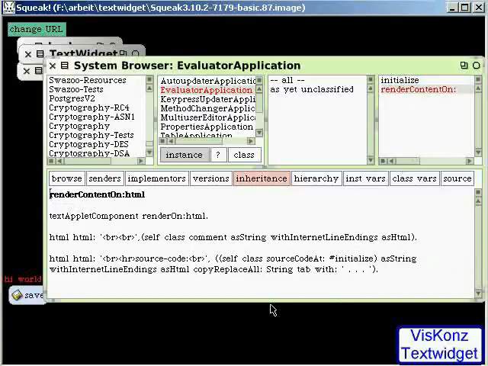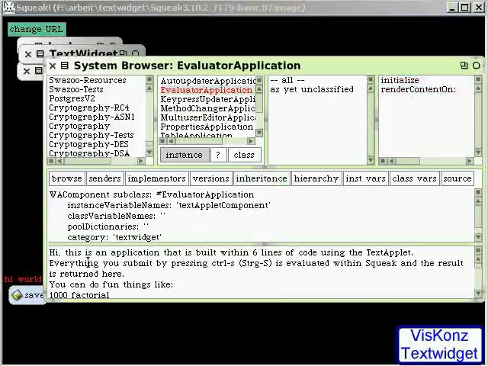The method renderContentOn is used to show the widget in Seaside applications. It is just rendering the actual text widget component and then following it with some comment that is also placed on that website. Of course, not every application is written in only 6 lines of code, as this little administrator's tool is, but often it is only necessary to modify a Smalltalk block of code that is evaluated upon each client request. This concludes our introduction to the